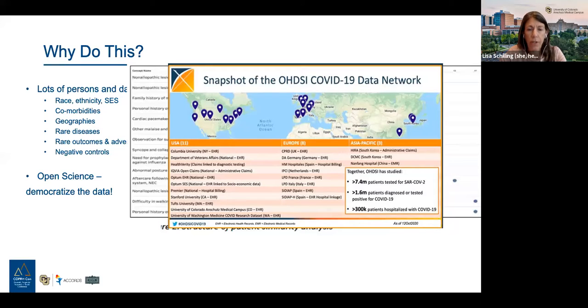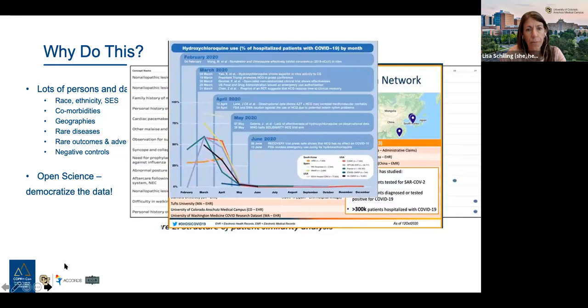This is the Odyssey Network, just a quick overview of the national representation. So what you can see here is that you really begin to be able to study disease across geographies. And we know that treatments occur temporally in different areas and geographies. There are different environmental situations, there are different policies, and all of those can be studied when we can create networks such as these. And this is one study that came out of the Odyssey Network, actually looking at the use of hydroxychloroquine for COVID and what was going on at that time as far as what were the policies and what was being published. And you can see how rates went down geographically.